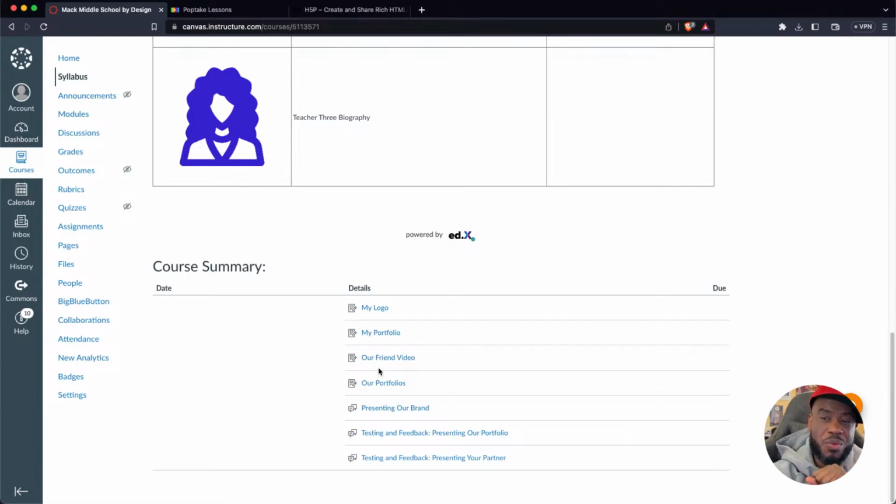It's always a good thing to do the course summary page as your home page, which I'm going to show you as well, because the course summary page is your home page. It's going to show your students or whoever happens to be in your course all of the work that is expected out of the course, and the due dates, if you add due dates to it. So it's an easy pivot.